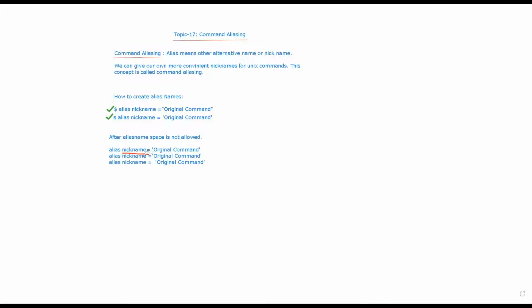So this is the alias name, and you are adding the space here. In the second case we are adding space after the alias name and equal sign. And in the third case we are adding the space after the alias name and after the equal sign.